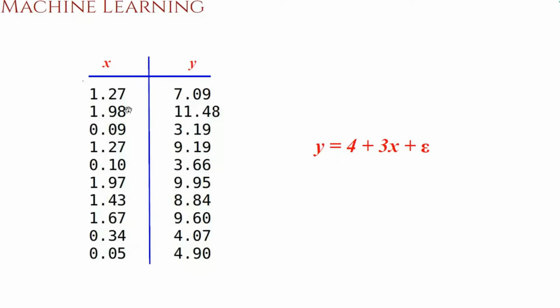Say for example, disregard these specific values in terms of units. Assume that x is the weight of the participant, and y is the height of the participant. By looking at some 10 samples, you are trying to find out how height is related to the weight of a participant. And that is the equation that you are generating here. Then for any new weight that you give, this equation will give us an approximate height corresponding to that particular weight. So this is the idea behind representing the data using an equation.